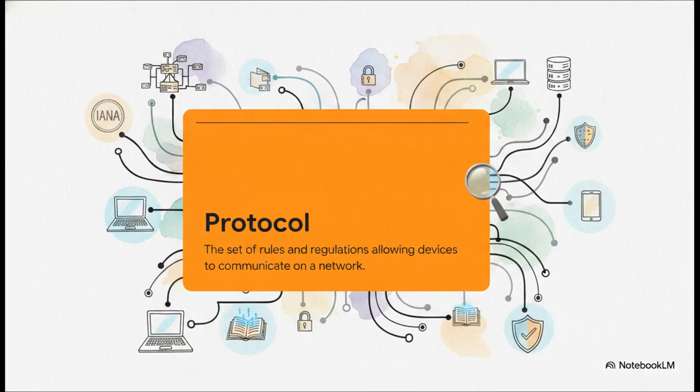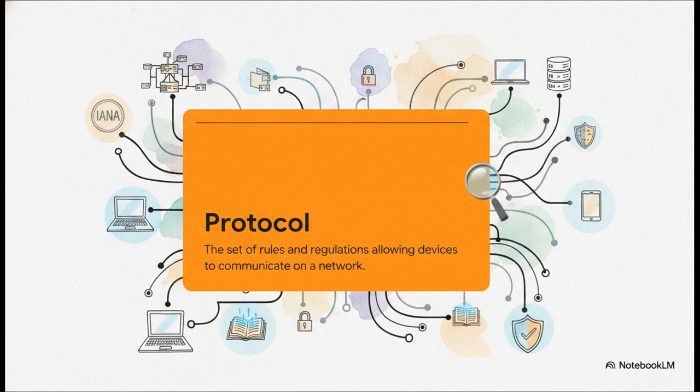Now, to make all those networks actually function, we need two main things, an IP address and a protocol. The IP address is your device's unique logical identifier, and that's actually governed by a global authority called IANA, the Internet Assigned Numbers Authority. But what about the protocol part of Internet Protocol? Well, a protocol is simply the rulebook. It's the set of rules and regulations that lets computers communicate, send files, and receive data without the whole thing